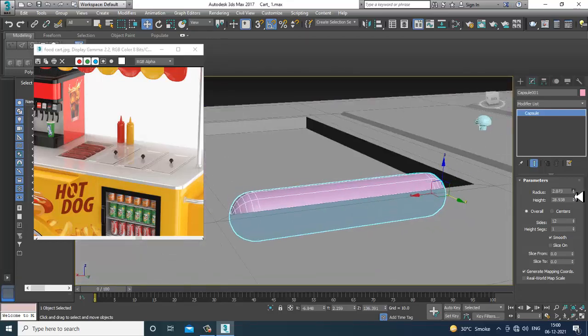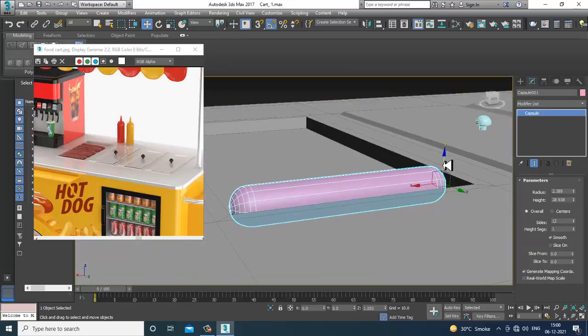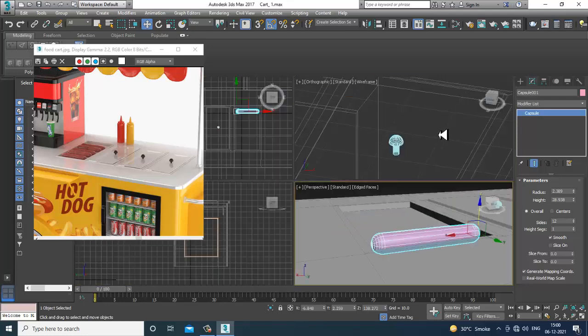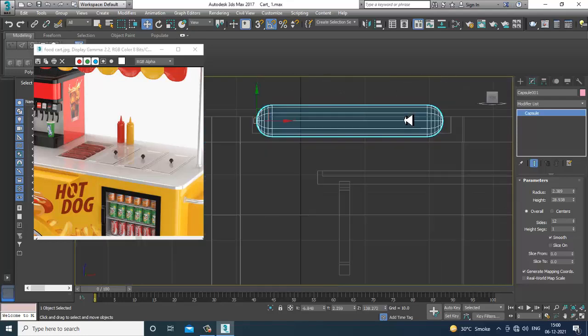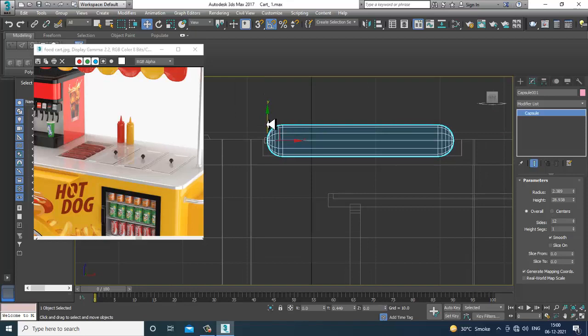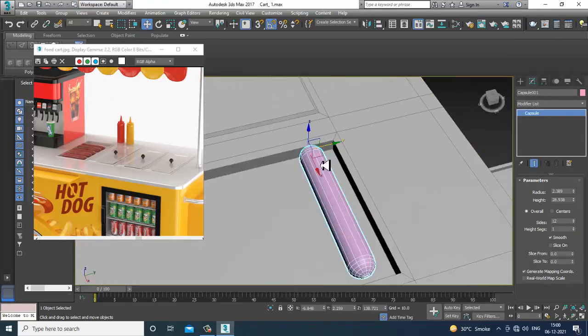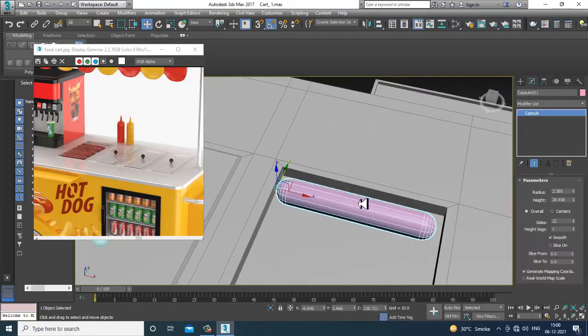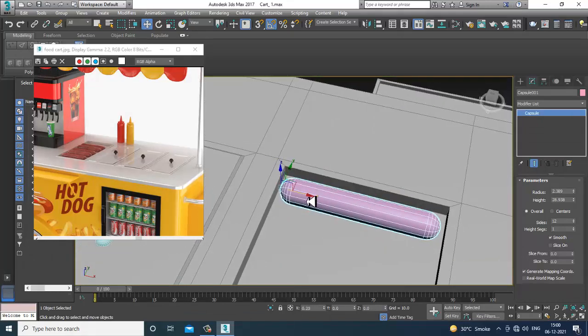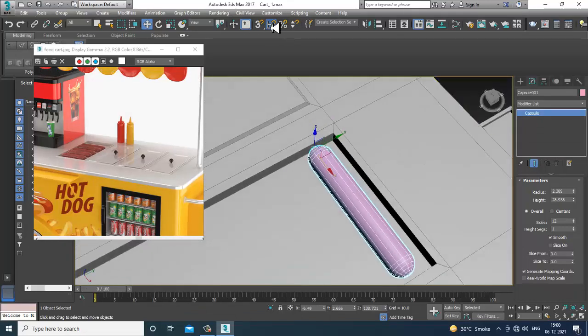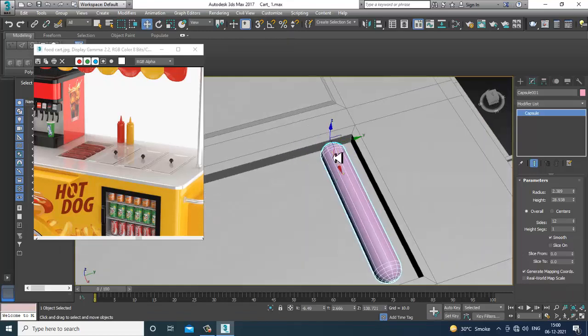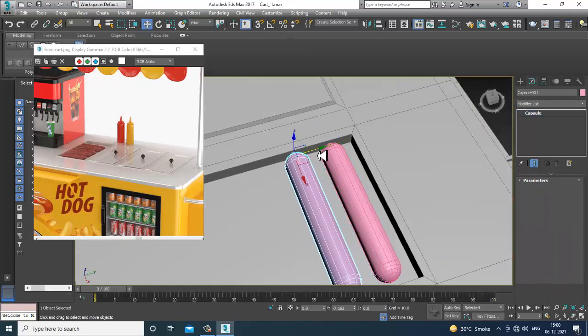Just again reduce the radius. Push this up. You can do some modifications if required, or else that's fine. So let's just duplicate it.